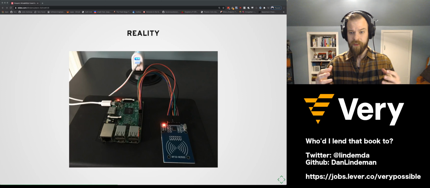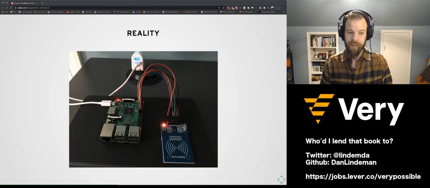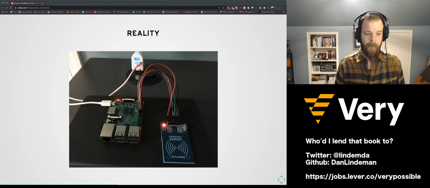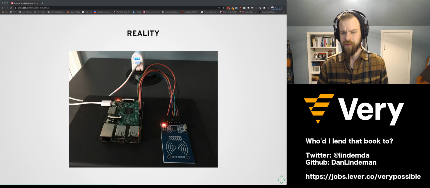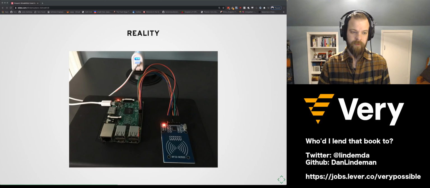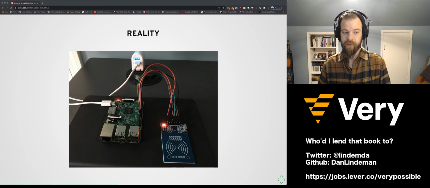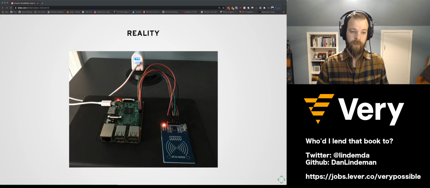So in reality, once I've wired everything together, this is what it winds up looking like. I just thought it was important to show what it looks like in the wild because it's not very fancy or impressive. It's just a couple of wires stuck between boxes. So the setup is connecting the SPI interface of my Raspberry Pi and then drawing power from the 3.3 volt out.